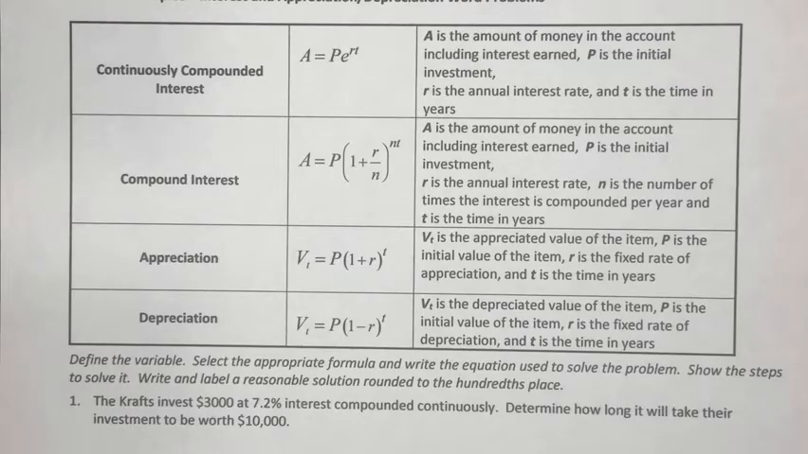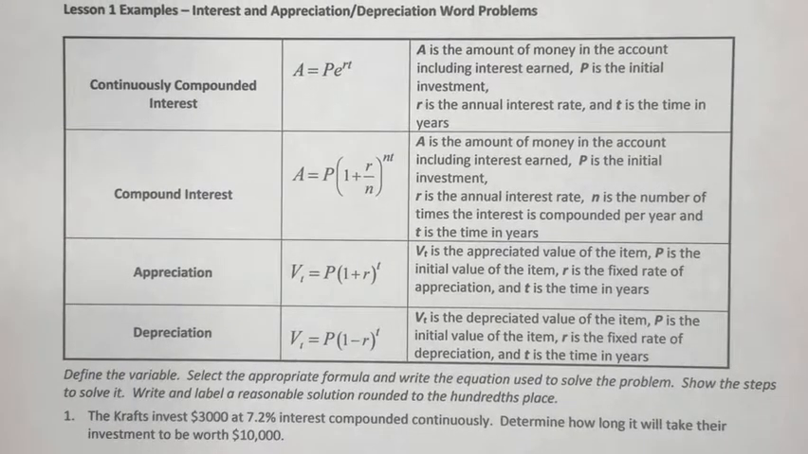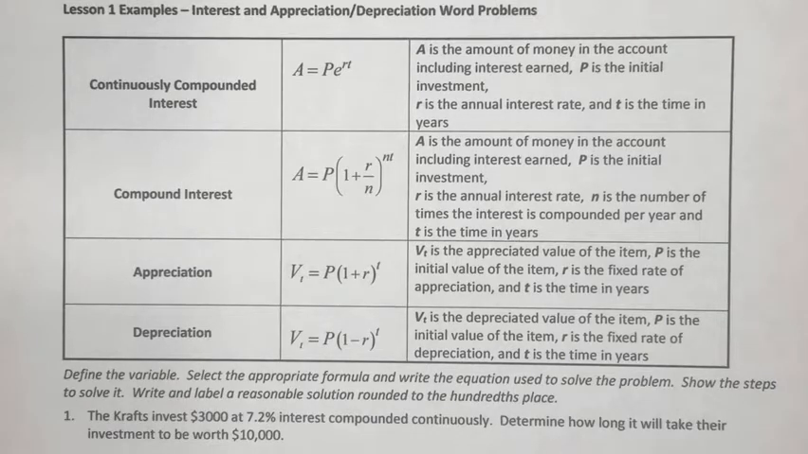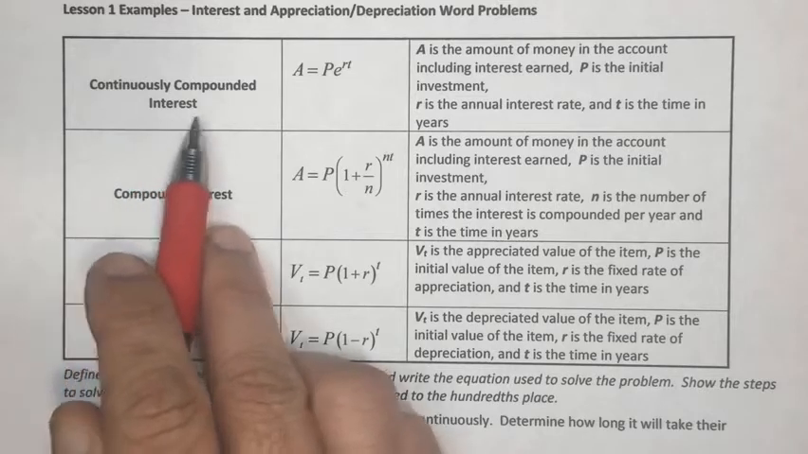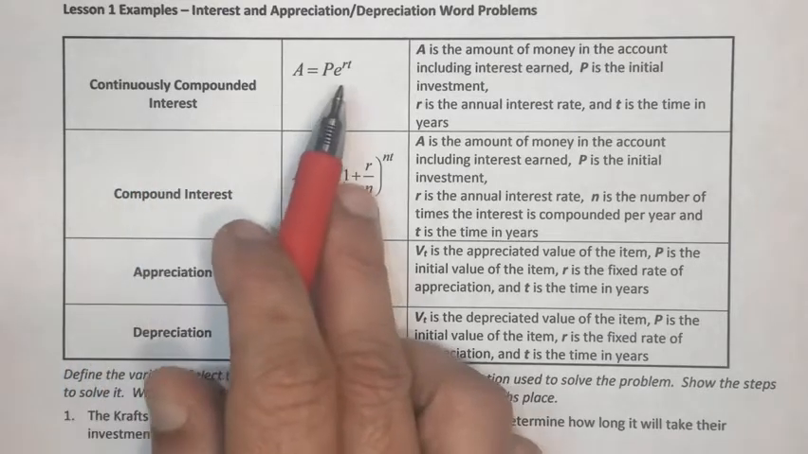In this video, I'm going to explain the interest and appreciation depreciation word problems. Before we get to the problems, let's look at the formulas used in here. The first one, we need to look at the continuously compounded interest, which is A is equal to P e